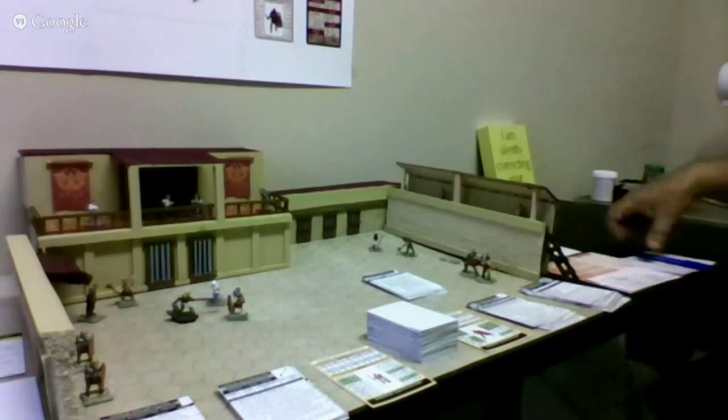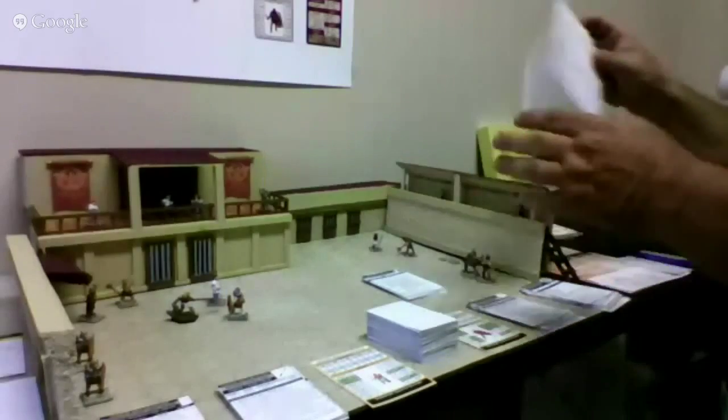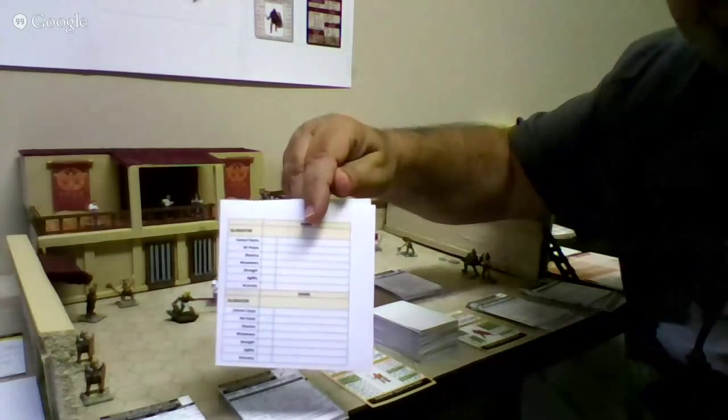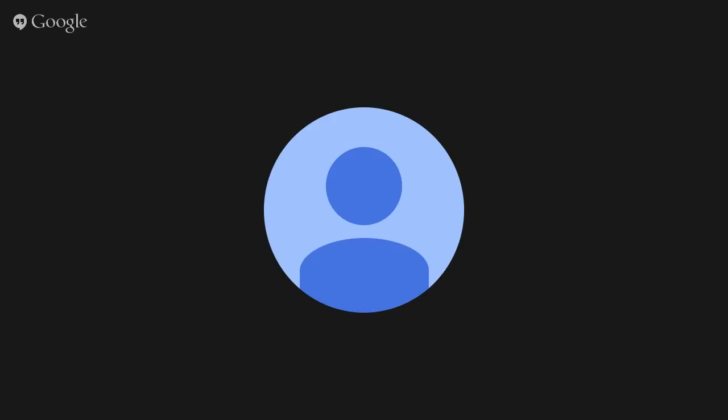Don't laugh because it's really ugly. But I won't laugh. The real one's going to look a heck of a lot better. There's going to be a score pad included with 100 matches. Perfect. And it will be a fold-out so that if you want to fight 2-on-2 matches, or perhaps